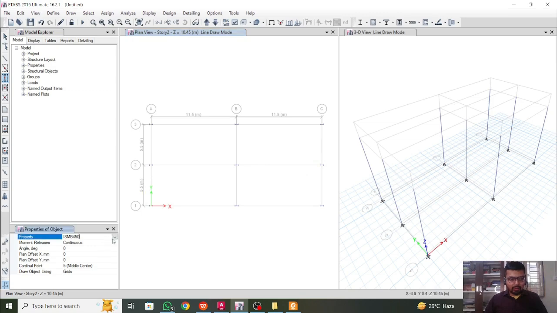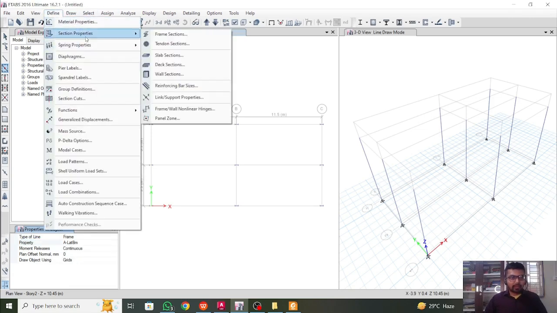So we want here ISMB. Okay, let me just select quick draw beams here, and we'll select the ISMB 300 for the beams. Both the options I have taken, I think 300 and 350, or both the options. No, 300 I haven't taken. Okay, let's just